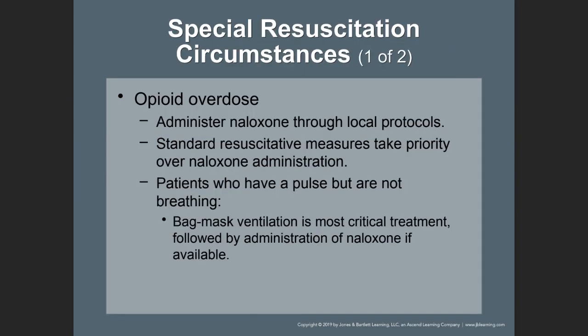Now, special resuscitation circumstances. For opiate overdose, administer naloxone through local protocol. Standard resuscitative measures take priority over naloxone administration. So if you suspect that the patient overdosed on an opioid, don't get caught up in giving the medication when CPR is necessary. CPR still needs to be done, and then the medication is administered once it's ready to